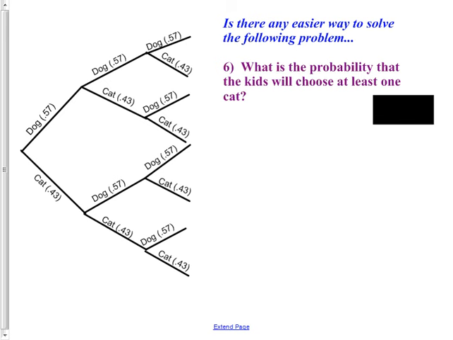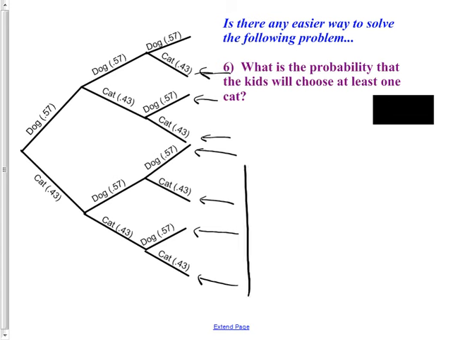They're going to choose at least one cat. Then, does this work? No. Does that work? Don't pretty much all the rest of them have at least one cat? So do you really want to have to do all 7 of these things, or would you like to know a faster way? All right, the faster way is, instead of doing all 7 of those and adding them up,